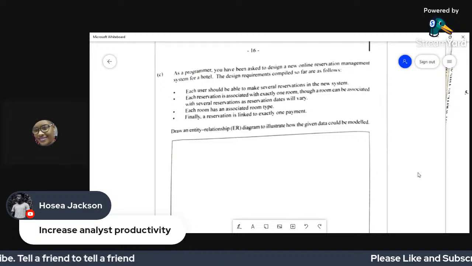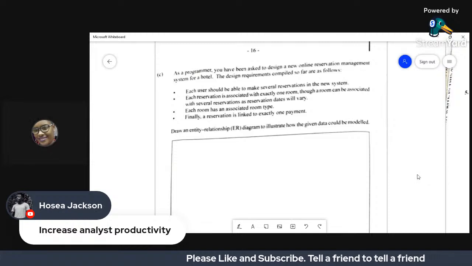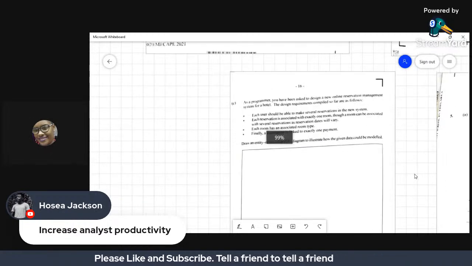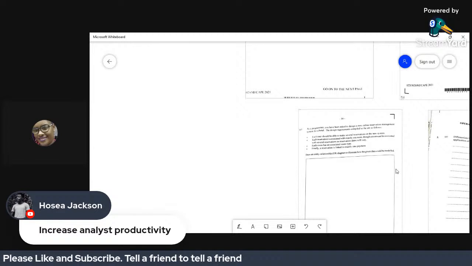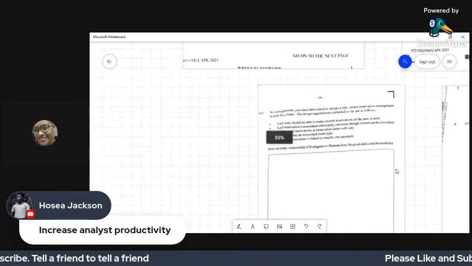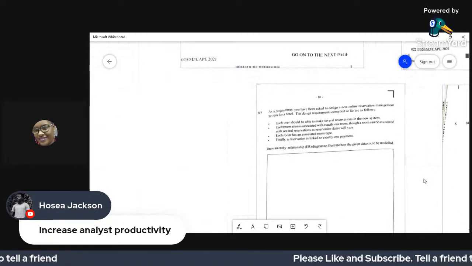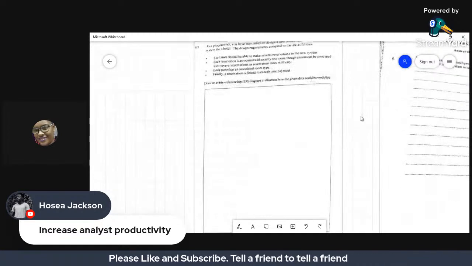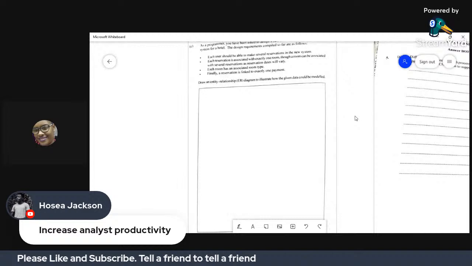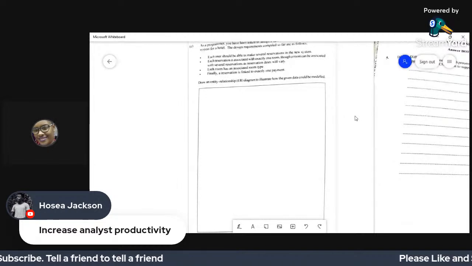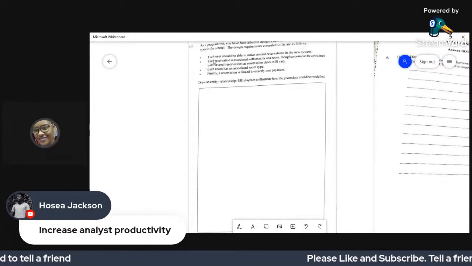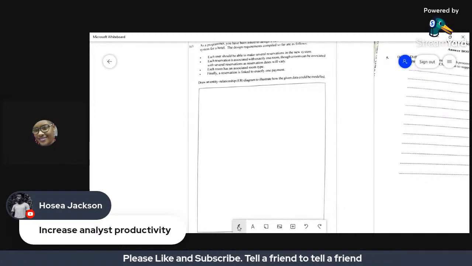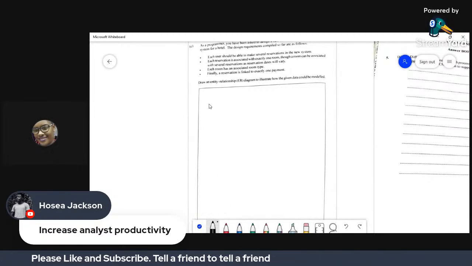Let's do this. I'm going to zoom out a little bit. So looking on now, the first part here, it says each user should be able to make reservations. So we're going to draw our rectangle.